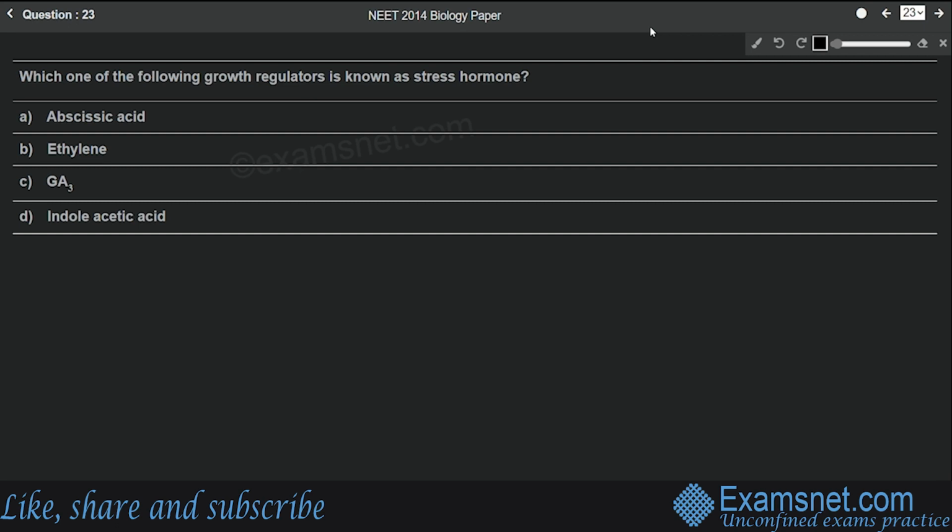Question number 23 is from the chapter Plant Growth and Development, and the question is, which one of the following growth regulators is known as stress hormone? Options are abscisic acid, ethylene, gibberellic acid and indole 3 acetic acid. Okay, so the correct answer will be option A, that is abscisic acid. It is known as the stress hormone because it is found to induce various types of responses in plants against stress conditions,